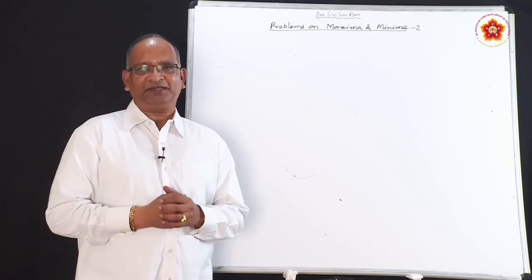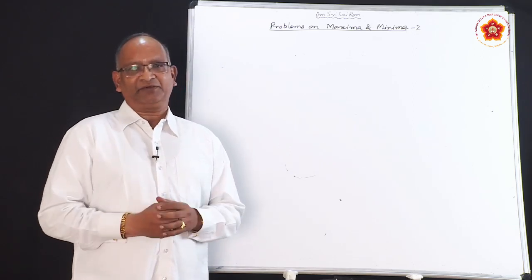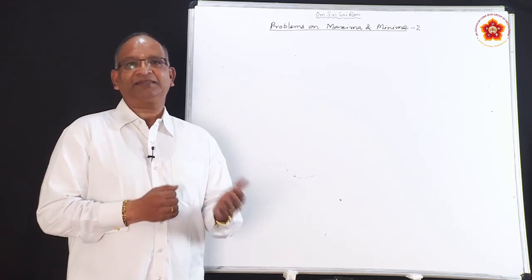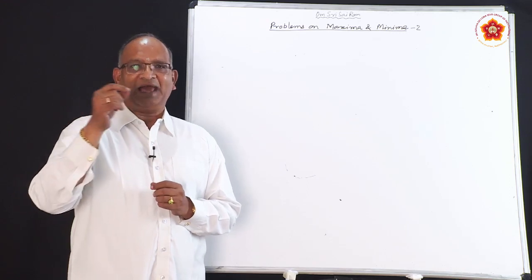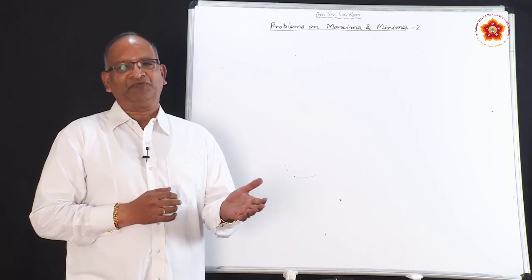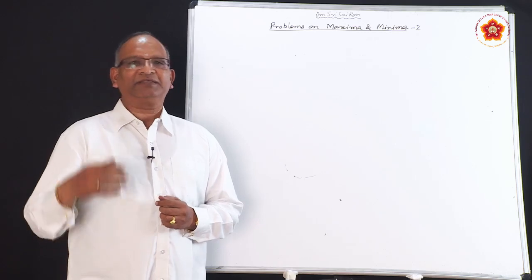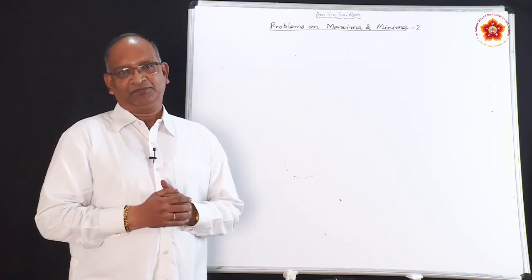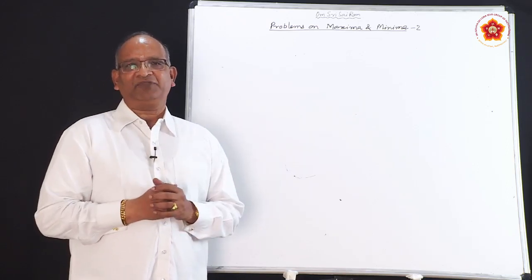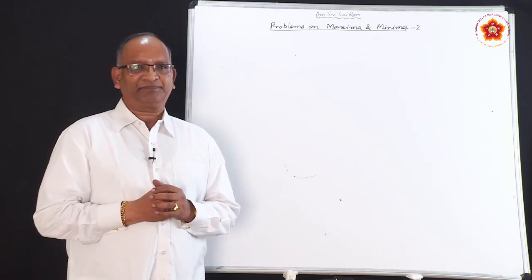And what is the second method? Like the first method, the function is given; find the derivative, equate it with 0, and get the critical points. Then find the second derivative and substitute those critical values in it. If the second derivative is positive, it is a point of minima. If the second derivative is negative, it is a point of maxima. Then by substituting these critical points in the function, we get the maximum value or minimum value of the function as per the requirement.